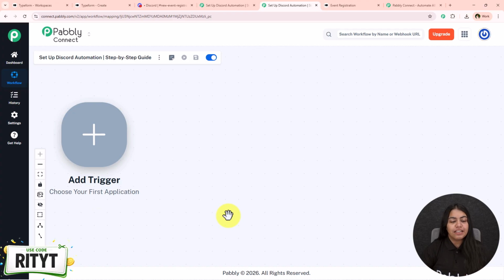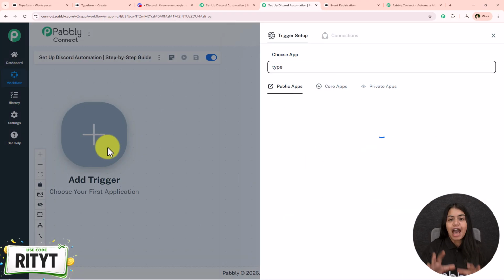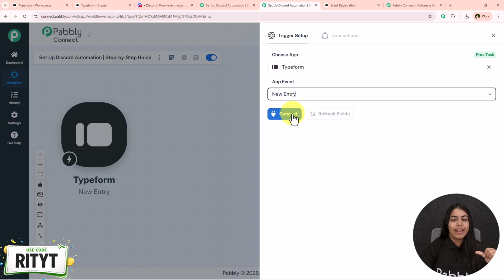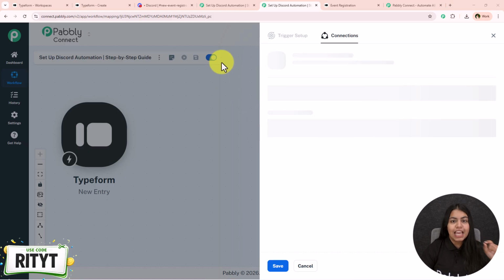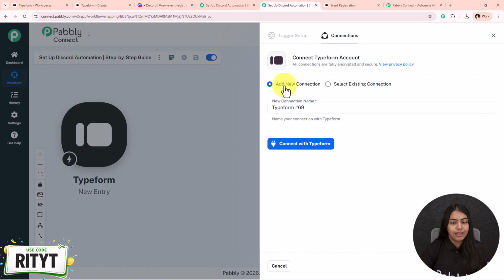So to get started, we have to click on this add trigger button. For the trigger application, I am going to select it as Typeform because I am collecting the registrations using Typeform. So let's just select it. For the event, we have to select it as new entry and click on this connect. Now if you already created a connection between Typeform and Pabbly Connect, then click on this select existing connection and then save. But if you haven't, you have to follow me, click on add a new connection and then